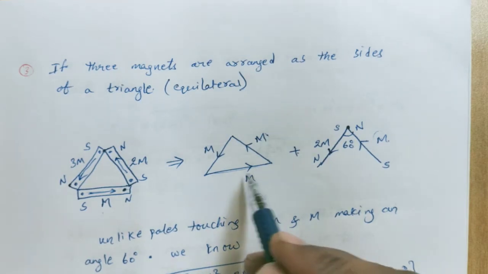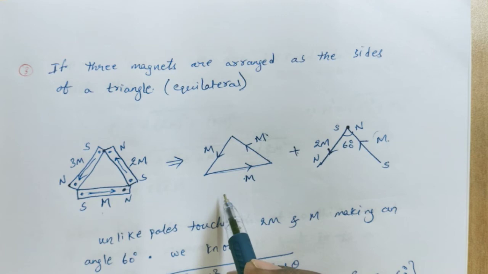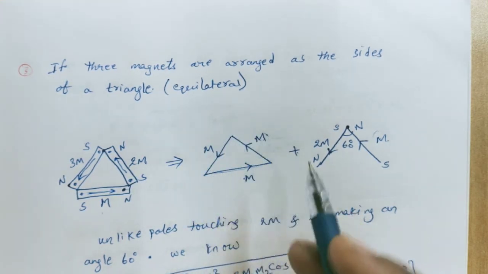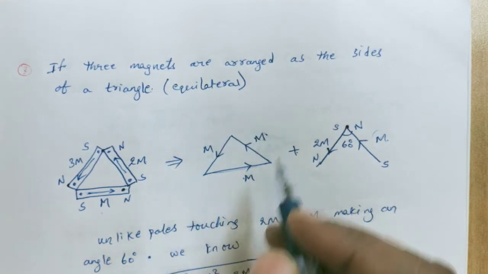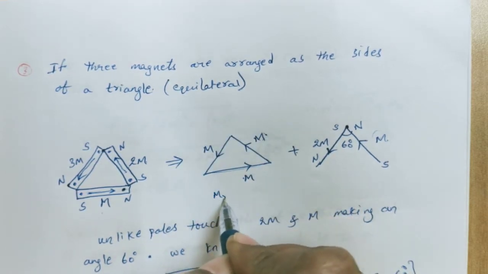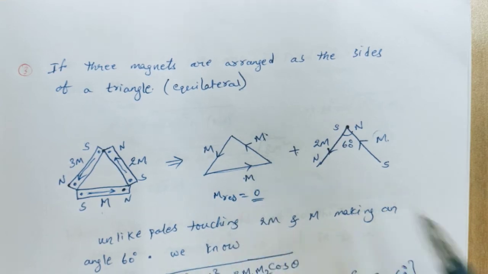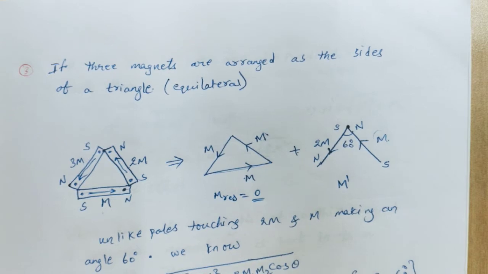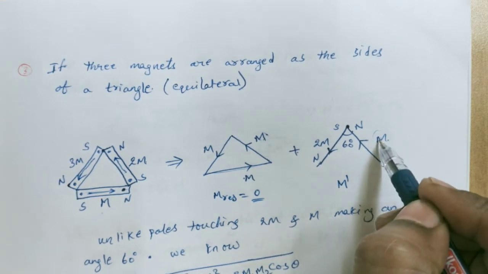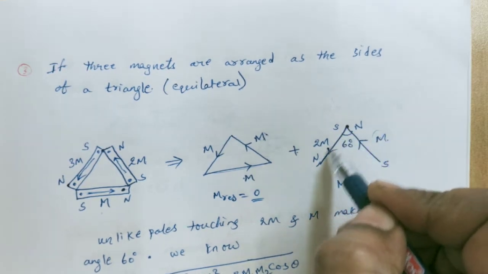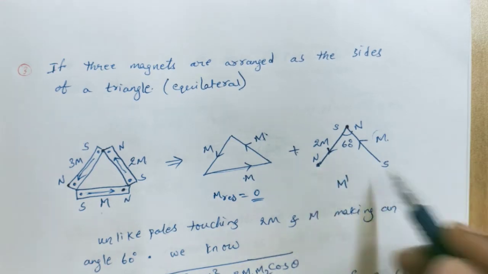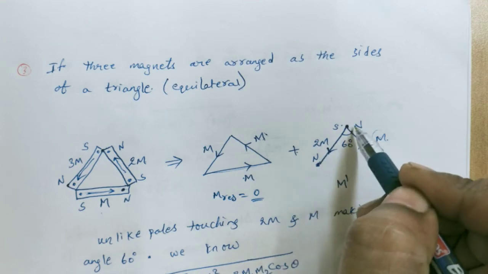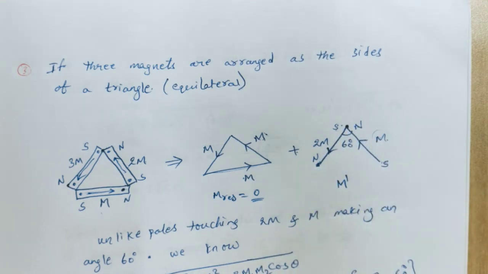So now here m is present. These three m's form one closed polygon. So here the resultant value becomes 0. So here the m resultant becomes 0 in this case, but here we are getting m dash. This m dash we want to check, students. See here how much is present? m is present, but this one has 2m present. So this is south to north, but this one is also south to north. So here north and south unlike poles are joined.